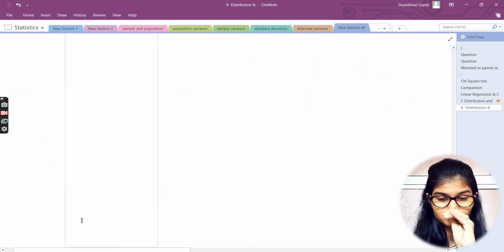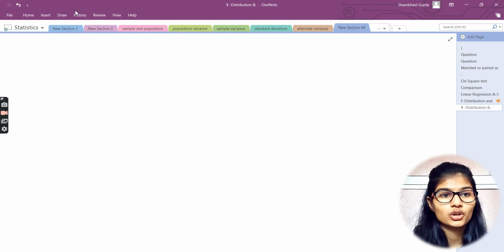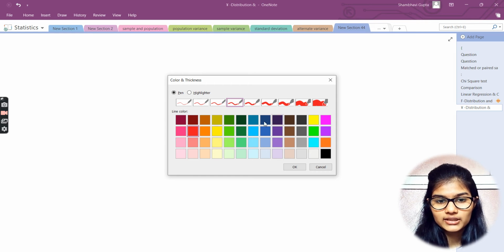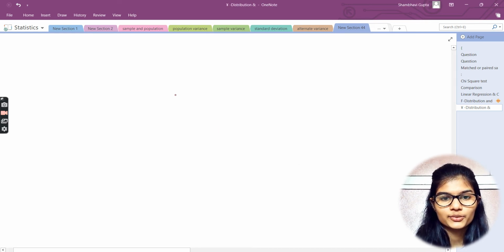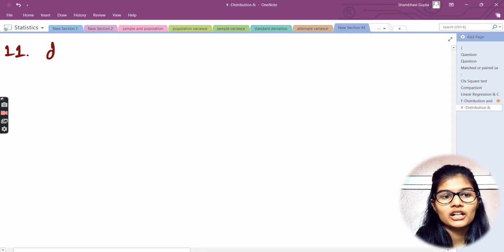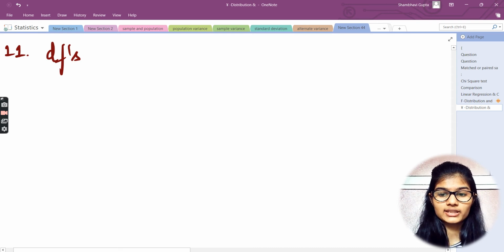which we are having here, okay? So let me start with the color and let's start out with the writing. So here we go with number 11. Previously we had sorted number 10. Now I'll be starting with number 11, and in that we are having some different means as well to go ahead. Now I'll be talking about the degrees of freedom, that's the DFs,